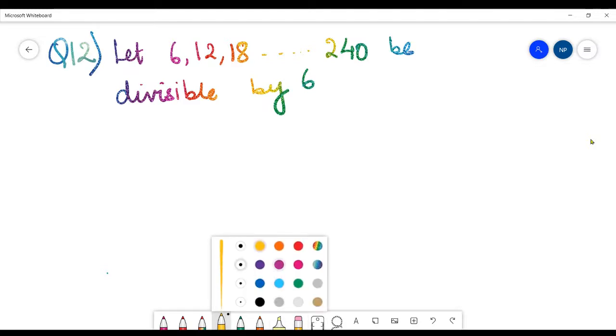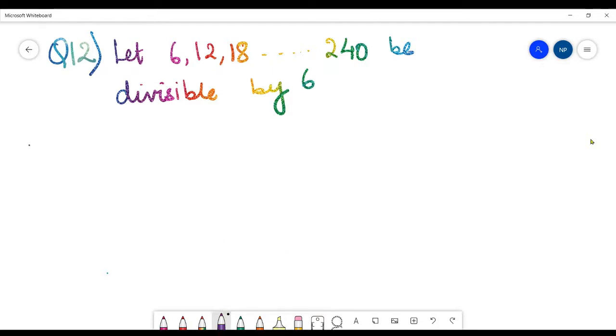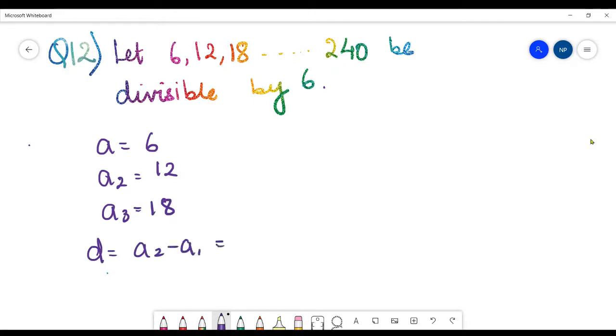Okay, now after this, why have we taken the table of 6? Because they are asking in the question to find the sum of the first 40 positive integers divisible by 6. So if it has to be divisible by 6, then all the terms of the AP have to be multiples of 6. Okay. Now over here we know that a is equal to 6, a2 is equal to 12, a3 is equal to 18. How can we find out d? a2 minus a1, that is 12 minus 6, it will be 6 only. Okay. Now we have a, we have d over here. Now we can find out the sum of 40 terms.